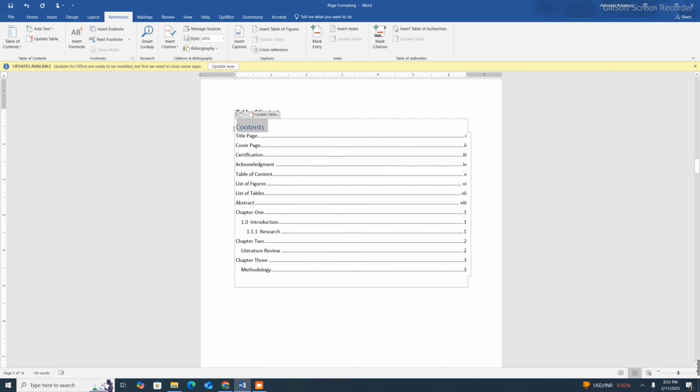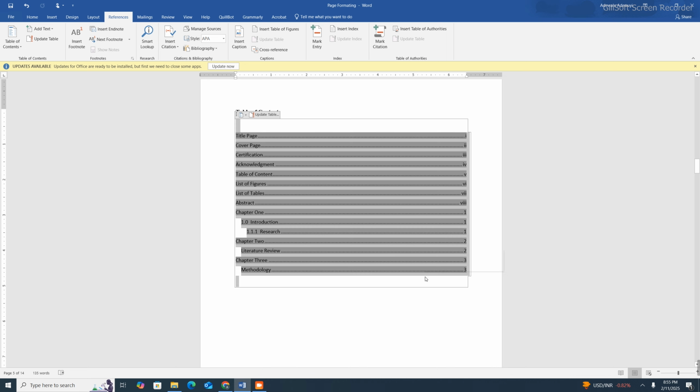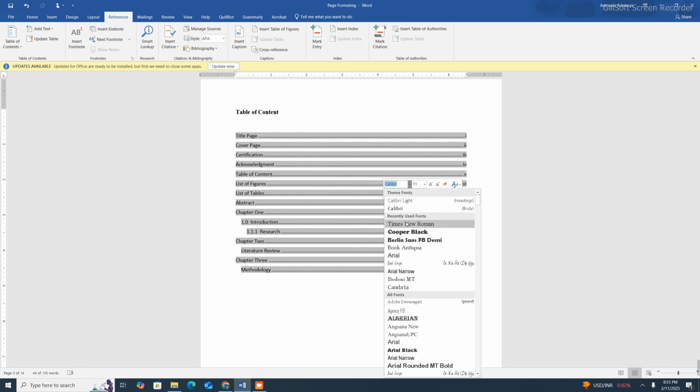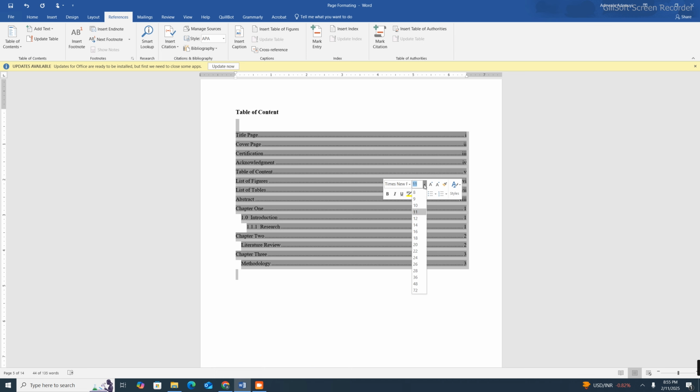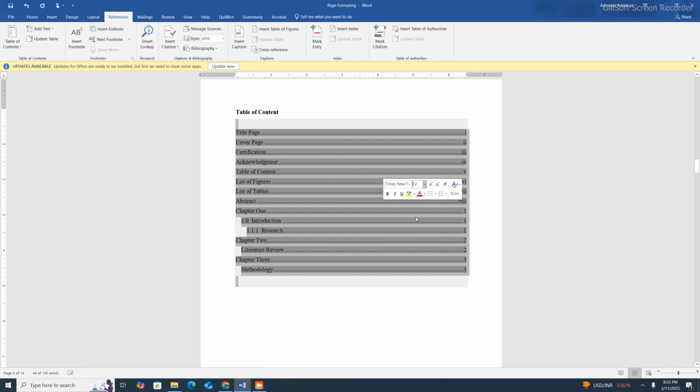You can select all, and right click just to change the font. Maybe you want it to be Times New Roman, you want it to be 12. You want to put line spacing, you can always do that. So now that you have done this,